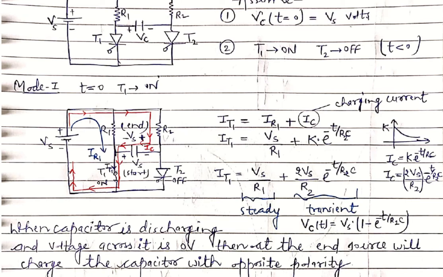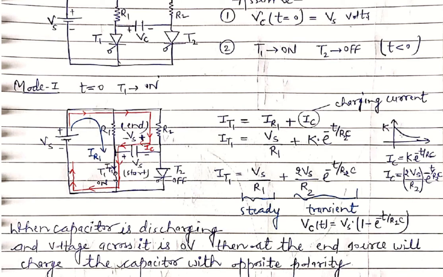So in thyristor T1 two currents are there. One will be flowing through this resistor R1, and one will be flowing through this R2 and C branch, which is denoted as a red line, and the other is this blue line, IR1. So two currents are there in this thyristor T1. We can write the KCL equation: IT equals IT1 equals IR1 plus IC. IC is the charging current flowing through the capacitor. IR1 is equal to VS divided by R1, because if you simply apply KVL in this branch, we can obtain this IR1.